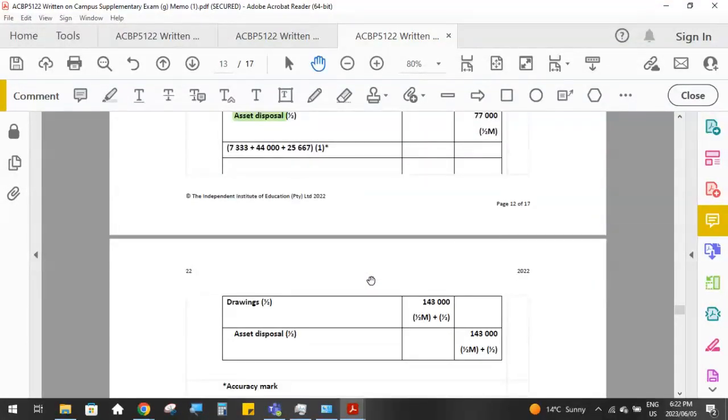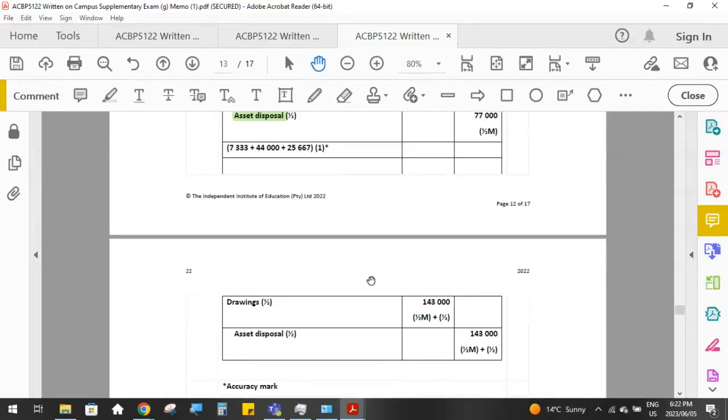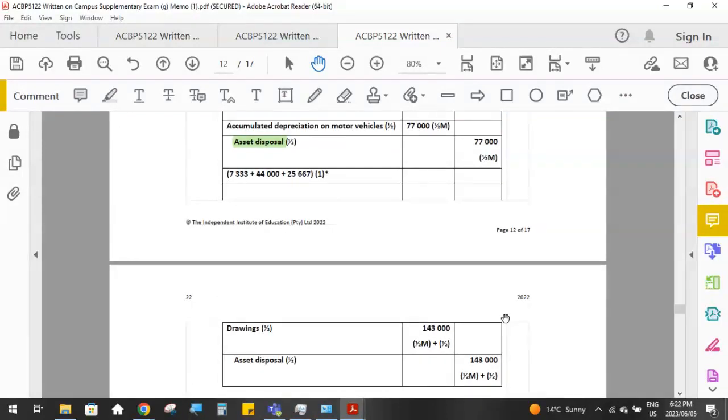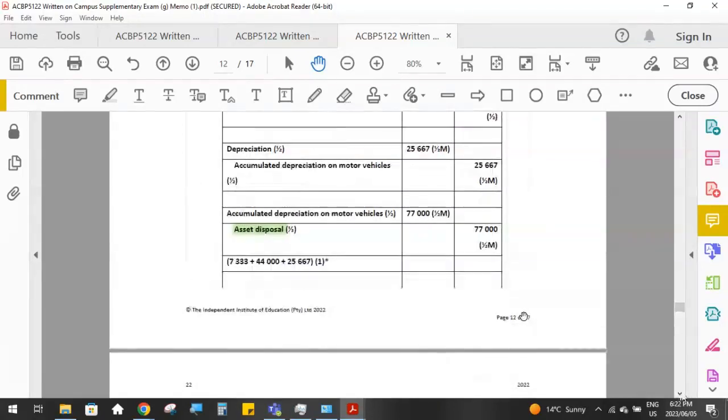The one journal entry that they didn't include in here was whether we made a profit or loss on disposal. But in this case, we did not make a profit or a loss because we transferred the vehicle to the owner at the exact value of the carrying value. So in that case, there was no profit or loss because